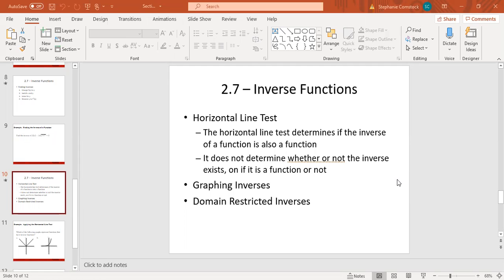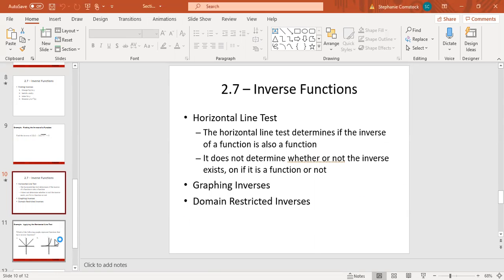Now, please understand that if something fails the horizontal line test, okay, so it touches in more than one spot, that does not mean that the inverse does not exist. It just means that the inverse is not a function. Everything's got an inverse. Okay, like we can make inverse graphs for everything. It's just whether or not that inverse graph picture is also going to be a function, which is what we're looking at. Okay, so